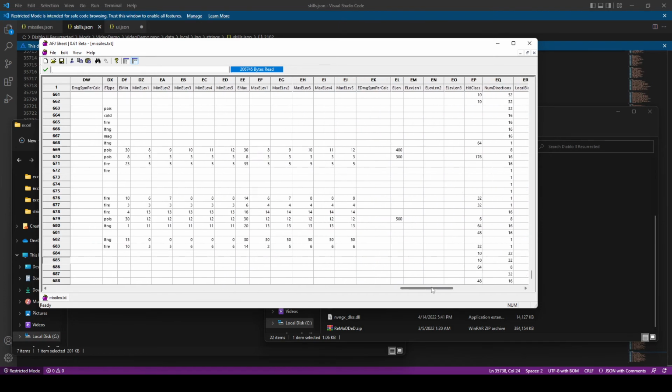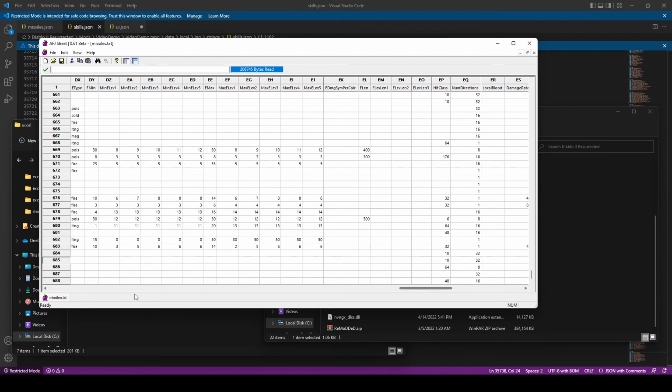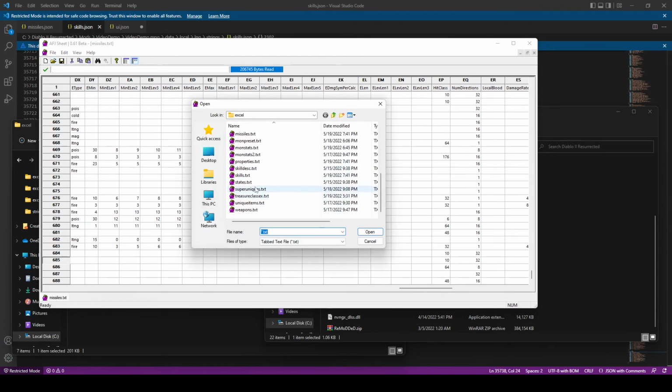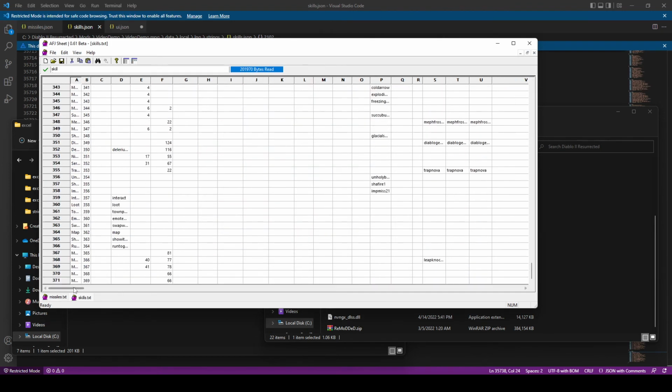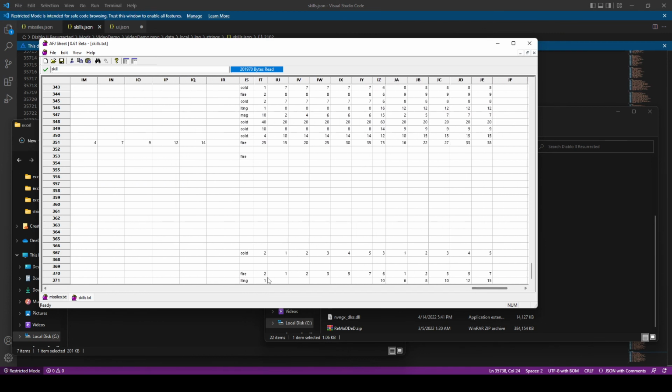But essentially, you can just get it how you want, and then you can open up skills.txt, remove the elemental type or change the elemental type. So another thing that might be kind of fun to do for some people, depending on what you're going for, is,